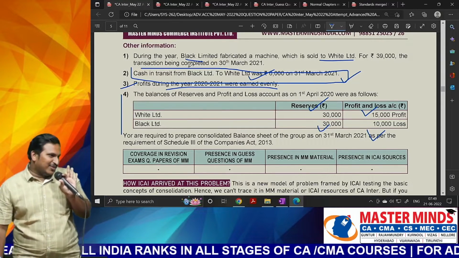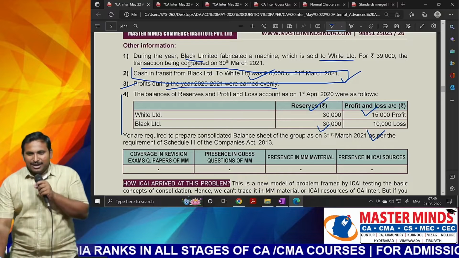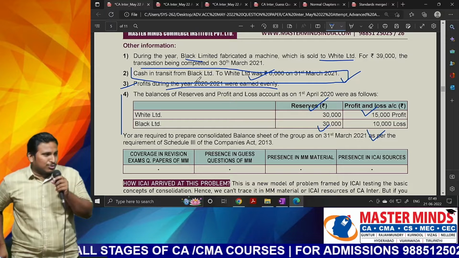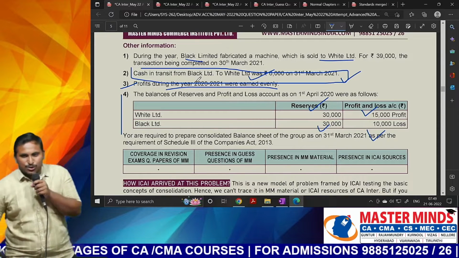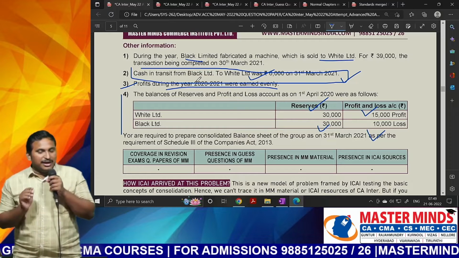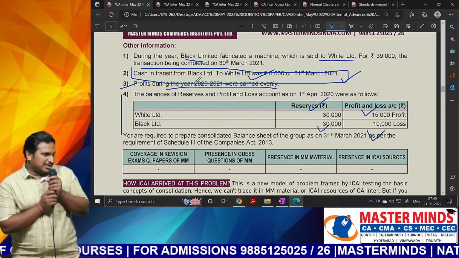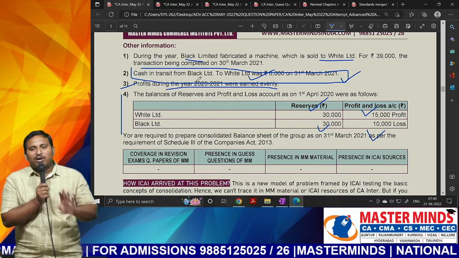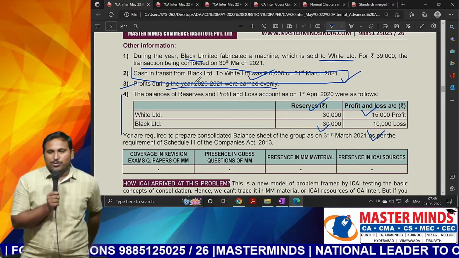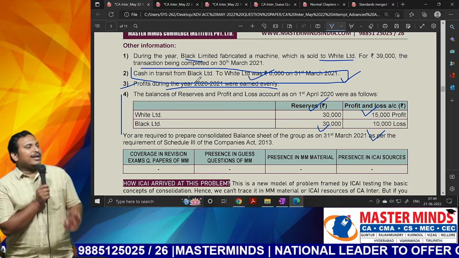Now, ultimately, whenever the question was new to you, that too a chapter like consolidation, right away you feel it as difficult. I know it is, but still, conceptual clarity is what is required. And one more point you should know, sir, particularly when you are solving big questions. Whenever you are solving big questions, just because of 1 or 2 points, never get afraid, sir, particularly in group 2.